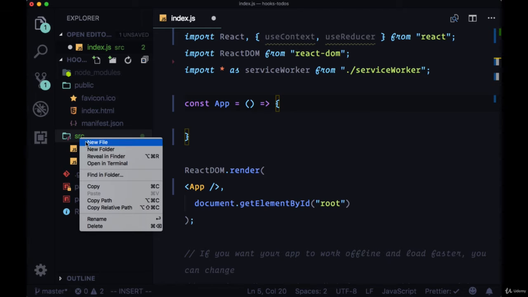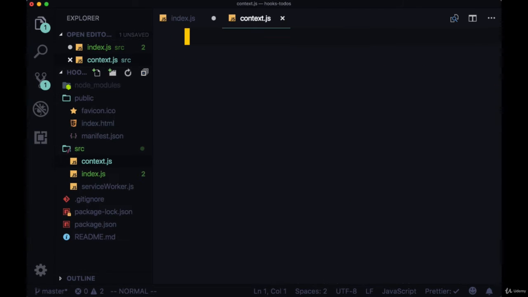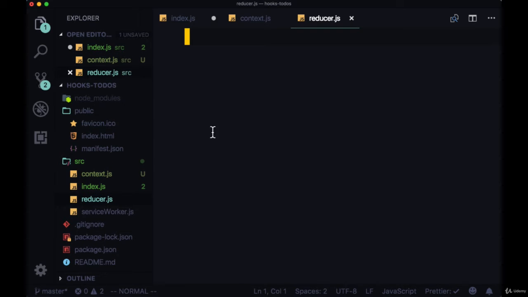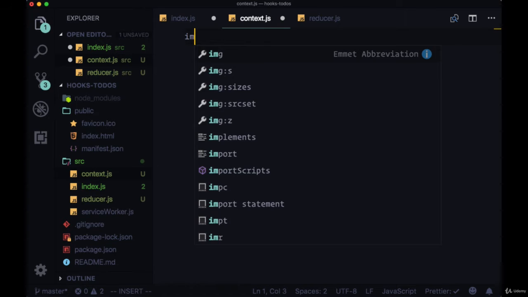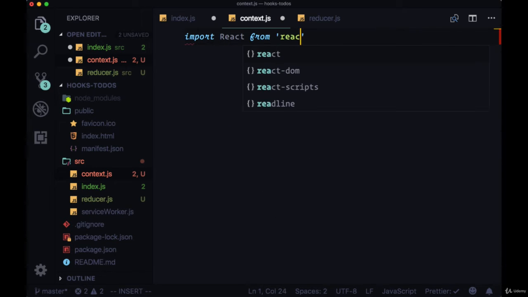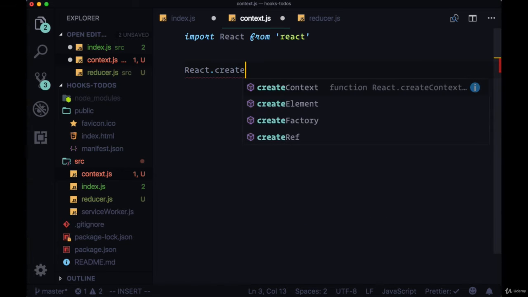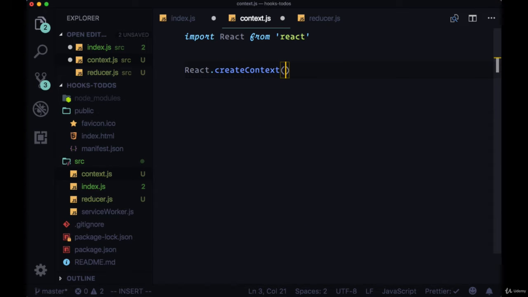So in our source folder, we're going to create context.js and reducer.js. So we'll start with context.js, and here's where we're going to create our React context and make it available to other files in order to consume. So we'll import up at the top React. We'll call createContext on React, and here within createContext we can pass an object and set up some